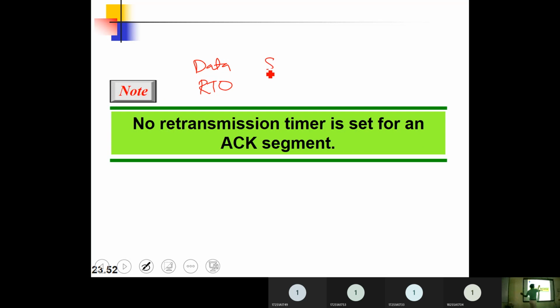You are sending a SYN message, you will start this timer. You are sending a FIN message, you will start this timer. But if you are sending an acknowledgement, for this you won't start any retransmission timer. That means if an acknowledgement is lost, you don't care about it. You don't have any flexibility of retransmitting that particular acknowledgement.